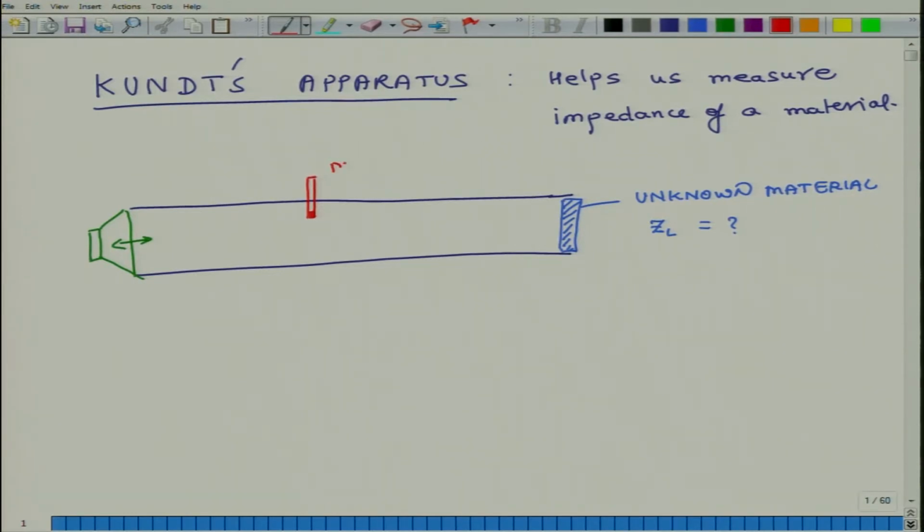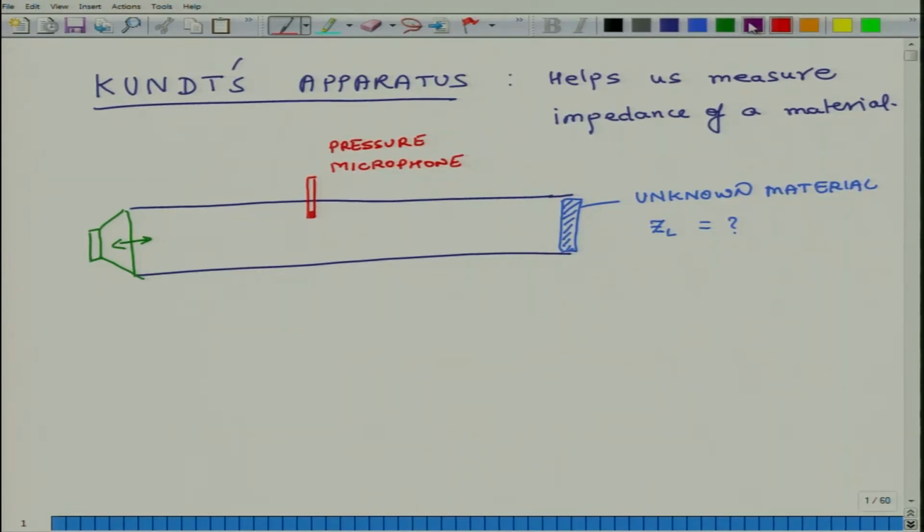So, this is a microphone, and this is particularly a pressure microphone, because it will measure the sound pressure level of air inside the tube. So, it is a pressure microphone,